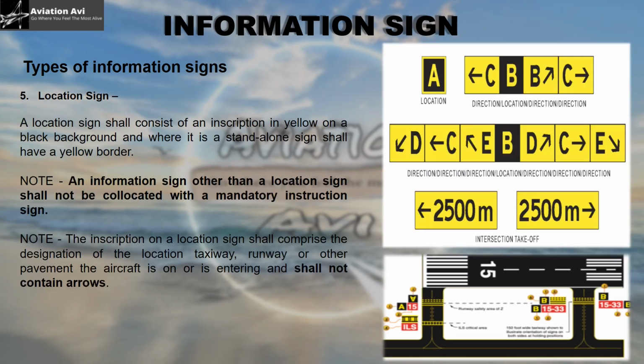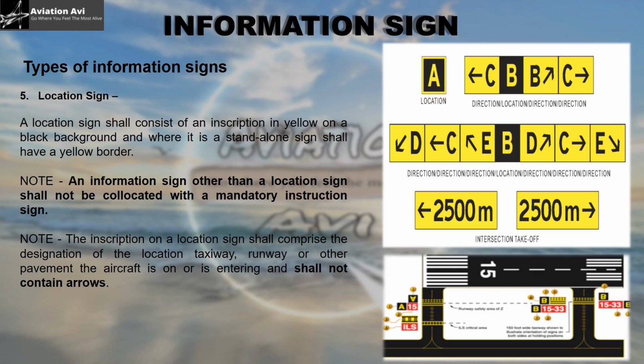The next sign we have is the location sign. A location sign shall consist of an inscription in yellow on a black background, and when it is a standalone sign, it shall have a yellow border, which means whenever you see a black signboard with yellow inscription, it tells you which part of the aerodrome you are on. And if this sign is not supplemented by any other information sign, it should have a yellow border to ensure